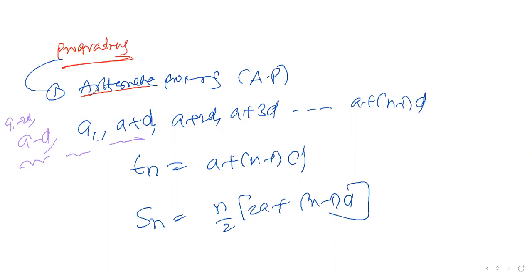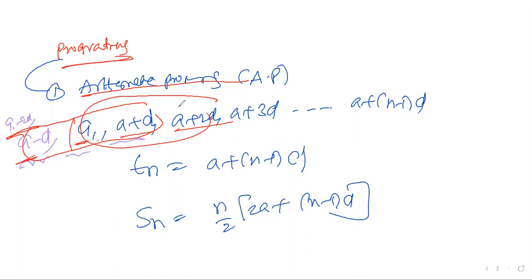If anybody asks what an AP sequence is, we can write A minus 2D, A minus D, A, A plus D, you can write it from wherever you are comfortable. If you want to take three terms, the options are yours. You can take any three terms and work out your questions. So AP means A, A plus D, A minus D, or else A minus D, A, A plus D, or A minus 2D. The options are yours. You can do it and move forward. So this is the AP sequence. Am I clear?